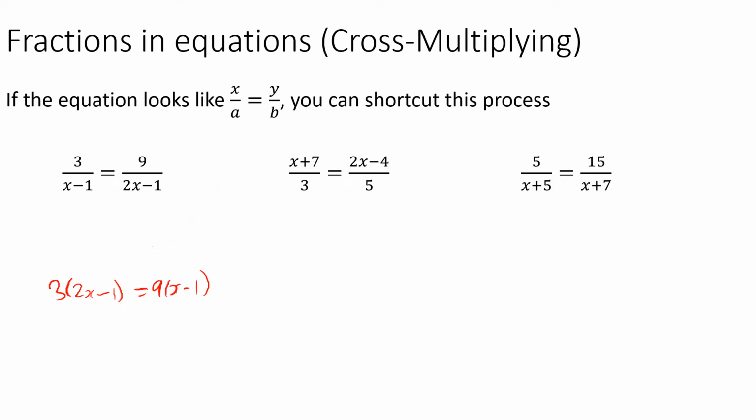If you've just got fraction equals fraction, we can draw a cross, and we can just multiply those two things together. So I'm going to multiply my 3 by my 2x minus 1, and I'm going to multiply my 9 by my x minus 1. And yeah, I end up with exactly the same thing. So that cross multiplication thing is a really nice little shortcut when you've got this situation. After that, we just obviously expand,